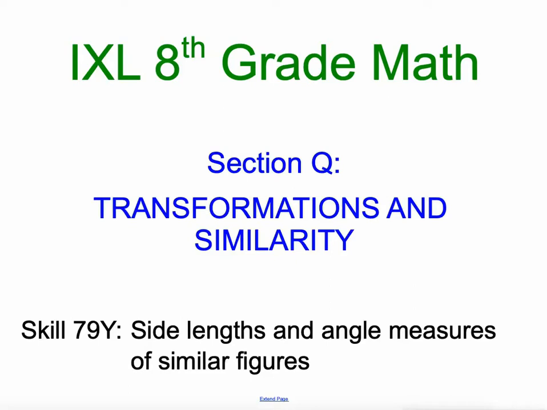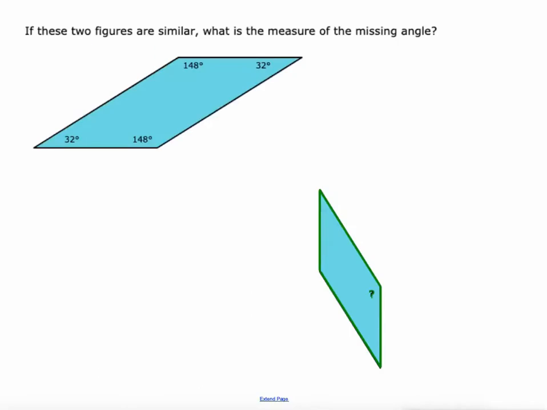Today's video is very similar to the last video I created, side lengths and angle measures of similar figures, where the last one was side lengths and angle measures of similar triangles. Same thing applies here. The first thing we have to know is that similar shapes have congruent pairs of corresponding